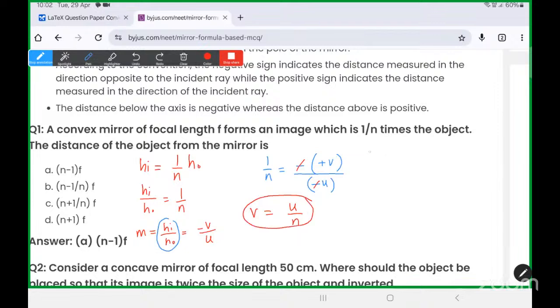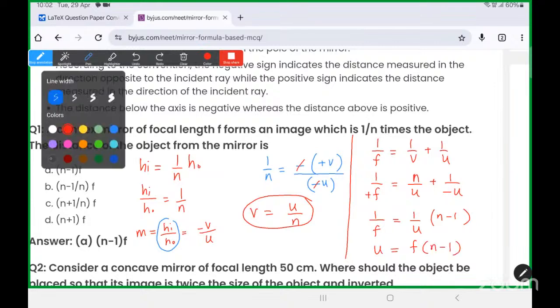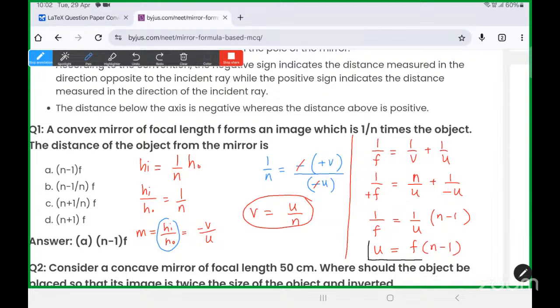अब ये वैल्यू हम लोग ये वाले फॉर्मूले में रखते हैं, 1/f = 1/v + 1/u। नेक्स्ट टाइम मैं साइन कन्वेंशन यूज करता हूँ। फोकल लेंथ पॉजिटिव, इमेज डिस्टेंस u/n है और ऑब्जेक्ट डिस्टेंस -u है। आप देख सकते हो 1/f = 1/u कॉमन आ जाएगा, ब्रैकेट में n-1 बचेगा। तो यहां से u की वैल्यू f times (n-1) बनेगी। देखो बच्चों ध्यान से देखना, आंसर आया है।